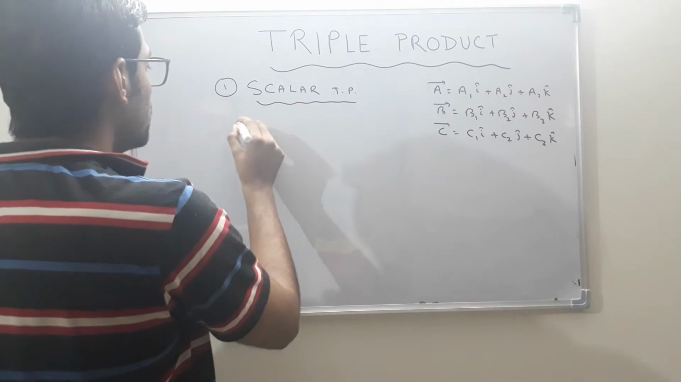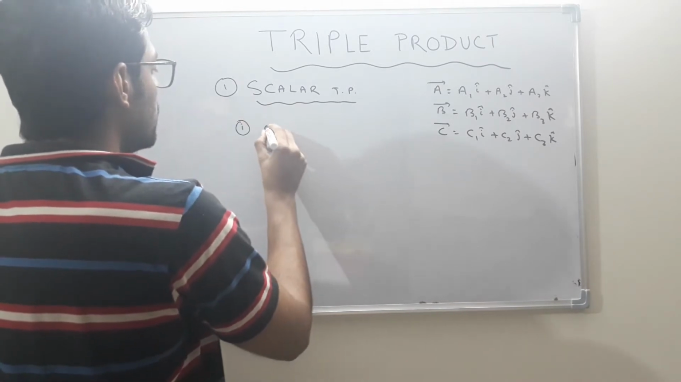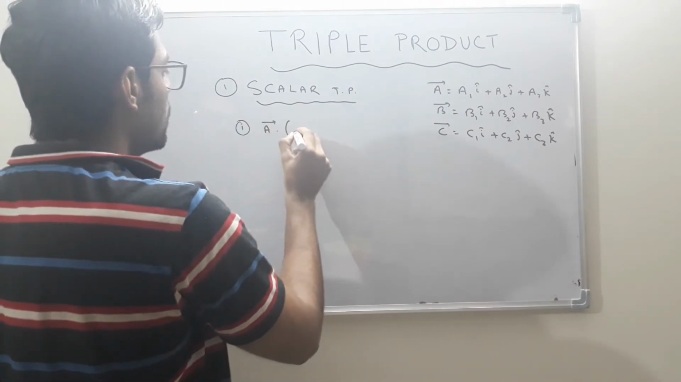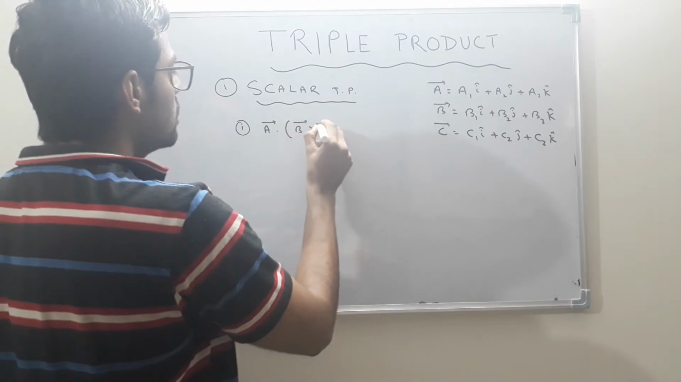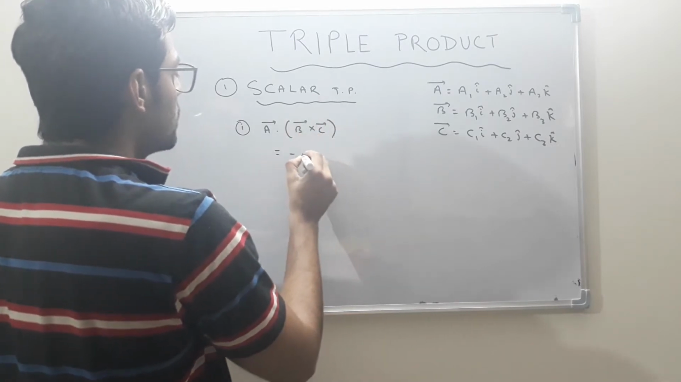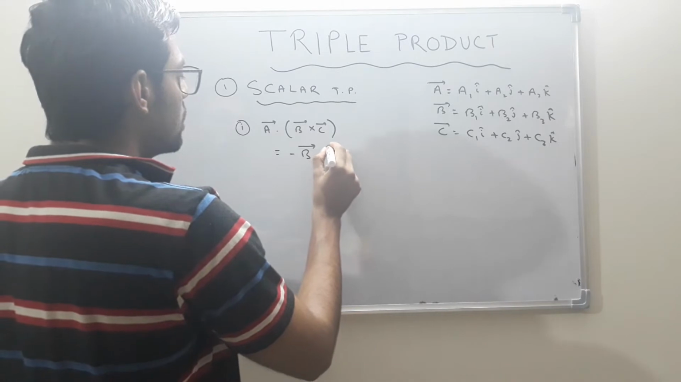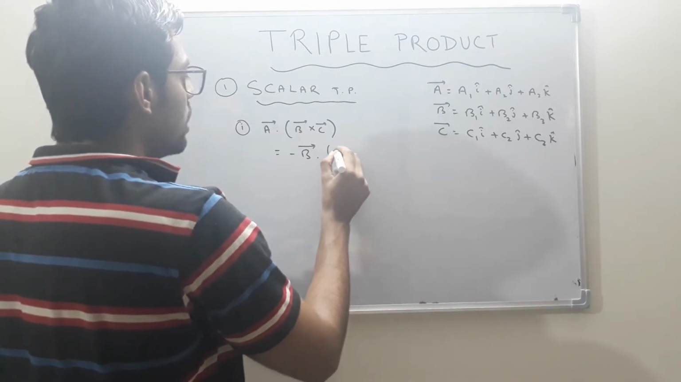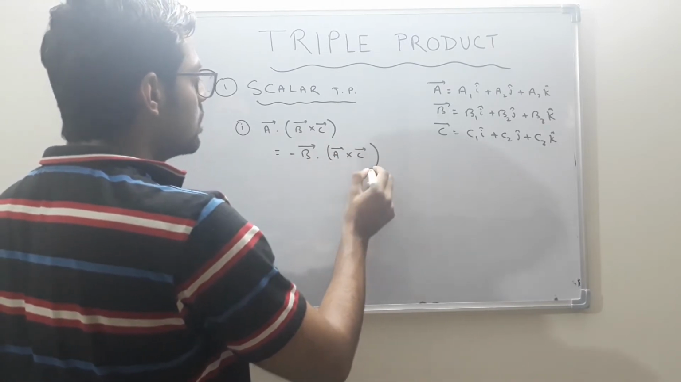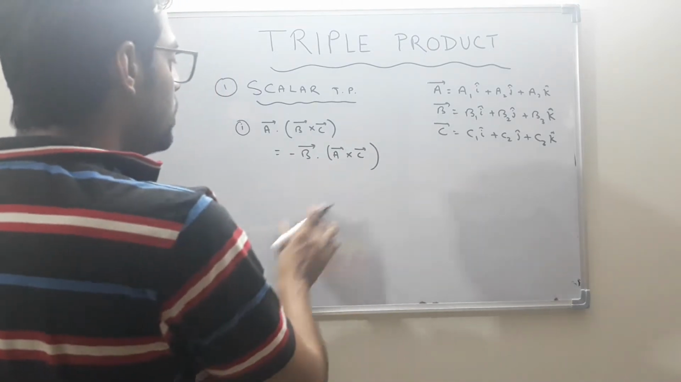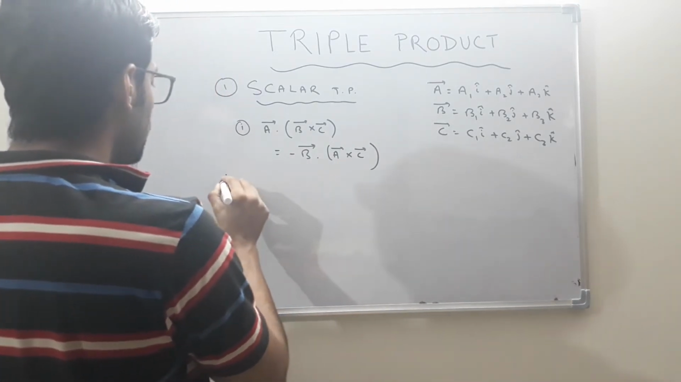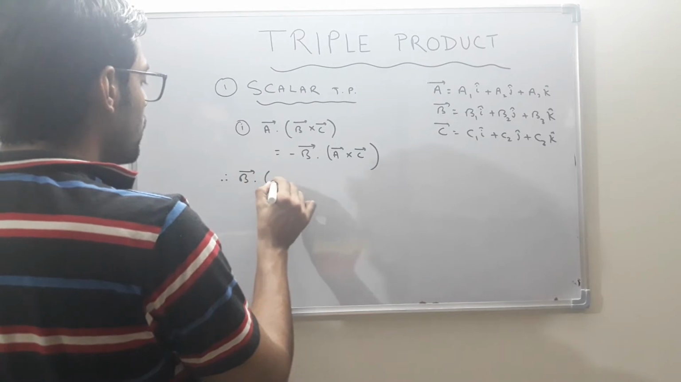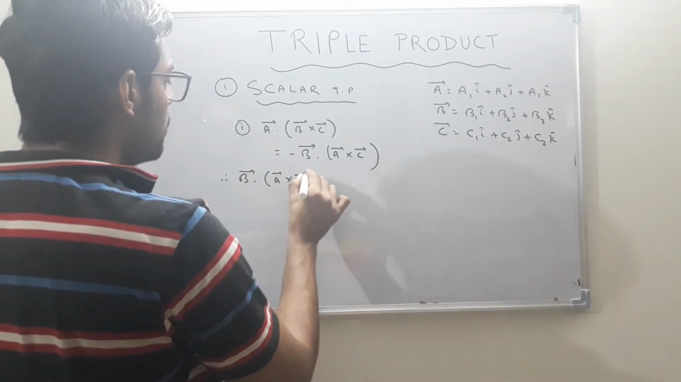Characteristics, number 1: A dot B cross C is equal to minus of B dot A cross C. How? Because minus B dot A cross C. What is B dot A cross C? We can write B dot A cross C in determinant form like this: